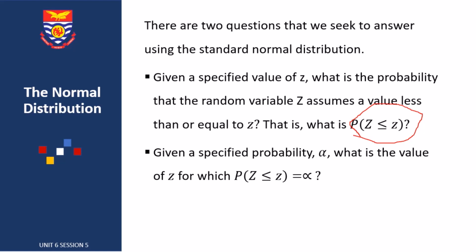And also, given a specified probability alpha, what is the value of z for which the probability of Z less than or equal to small z is equal to alpha? Well, all those will be catered for